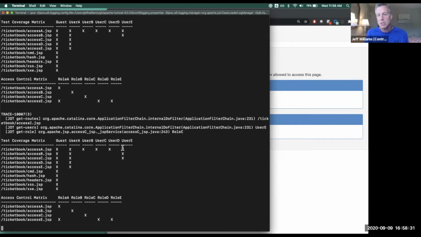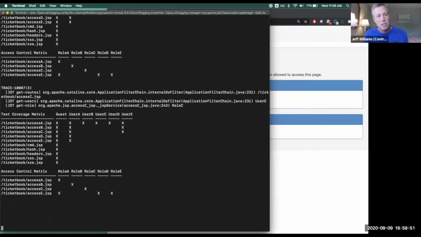This is something that most test suites and most security tools just don't do. But even if you're using some kind of scanner, you could add the jot to the application and measure how much of the application the scanner actually found. So anyway, just a couple of access related techniques that you can do with instrumentation.